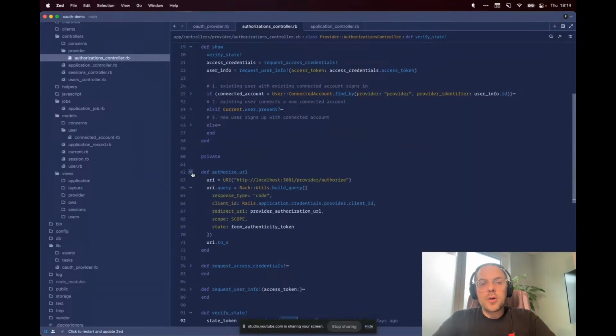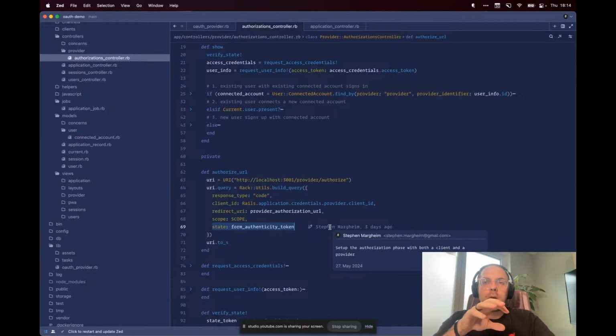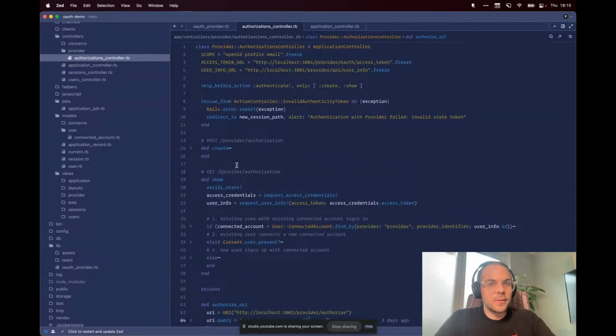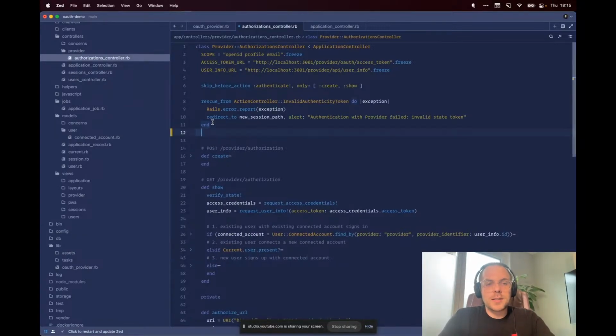So since our authorized URL is passing a state parameter, we are expecting that the provider will return that state to us in order to authenticate that we are getting a new request that is completing the second half of the OAuth flow from the provider and that it matches the request that we sent out. And so if that state parameter is missing, something has gone wrong, but we would hope that things would go correctly if they restart, right? Like, who knows what might have happened there. I think it makes sense to